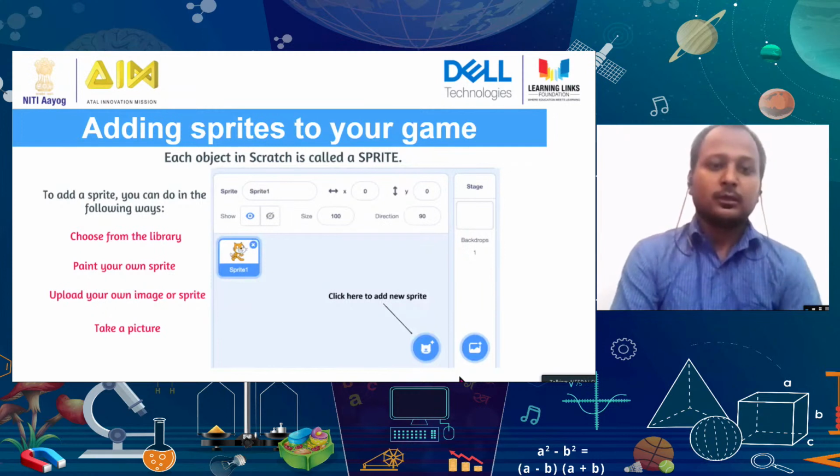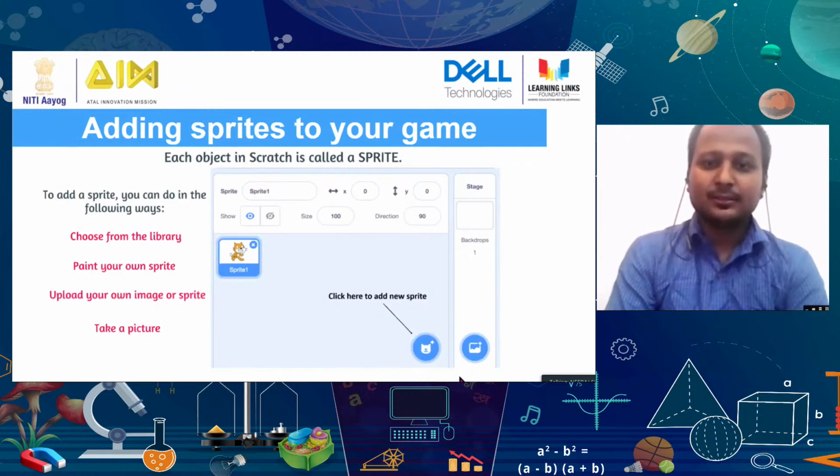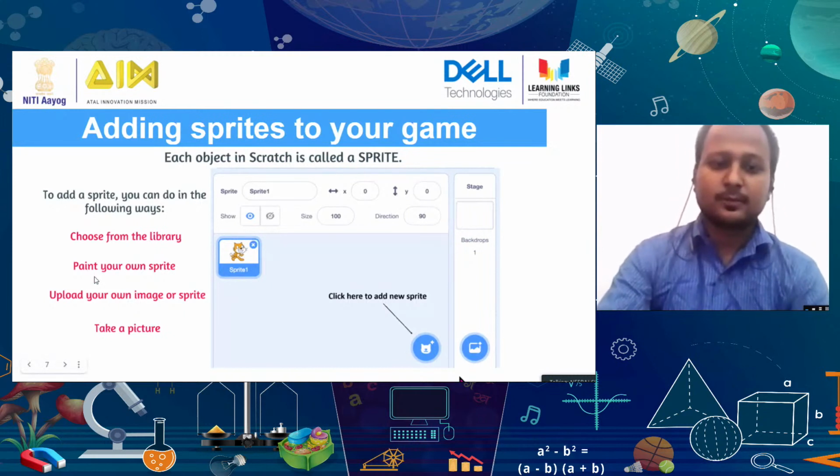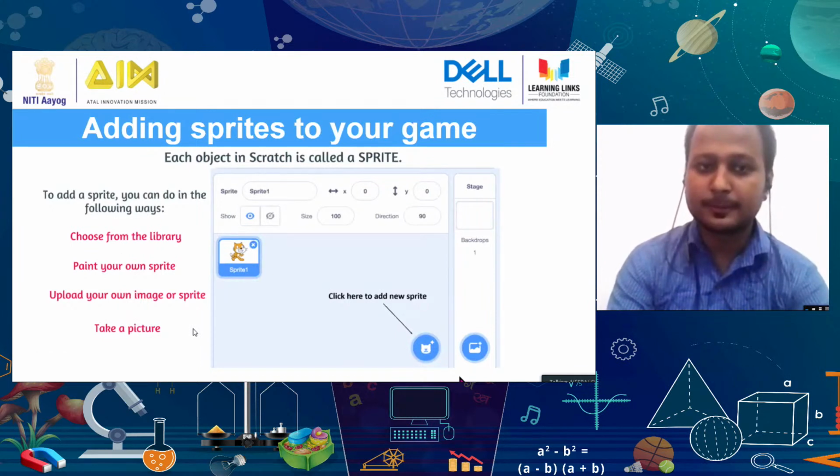Now, here you can see I'm telling the process of how to add sprites to your game. So I'm going to show you an online live demo of how to add sprites in a Scratch game. So I'm going to share my screen. Just a second. Now you can see my